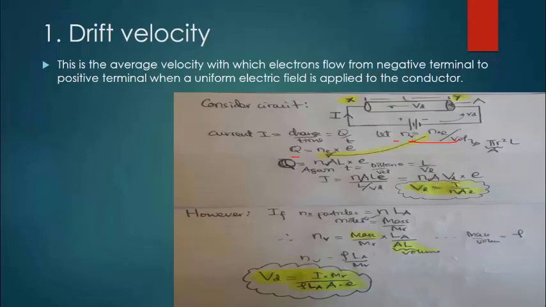So we can simplify further that if we cancel L and L, we remain with the number of electrons per unit volume, n, times area. Vd comes up. This is just mathematics. When you divide something down here, it goes up here. So the number of electrons per unit volume times area is there, times the drift velocity times the